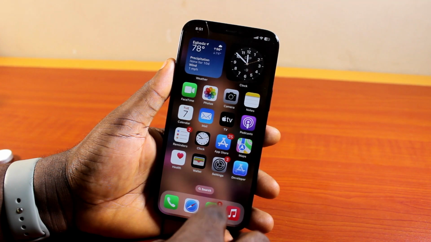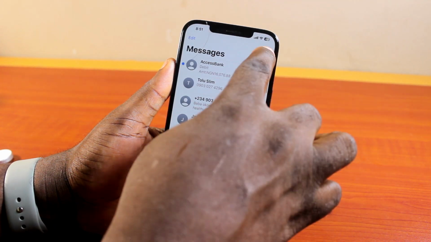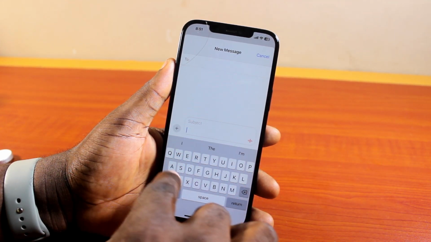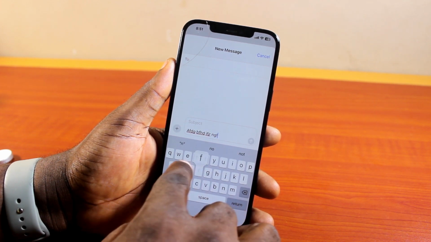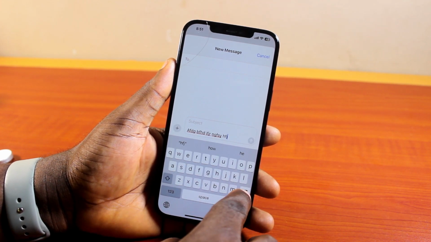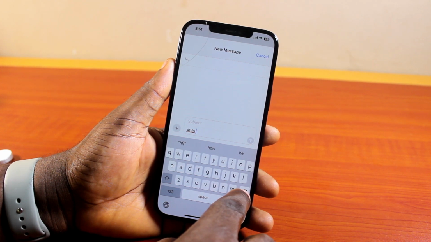Now, go ahead and open any messaging app, either your iMessage or any other, then try to type. Then you're going to feel the keyboard haptics. So, like this. So that is basically how to turn on